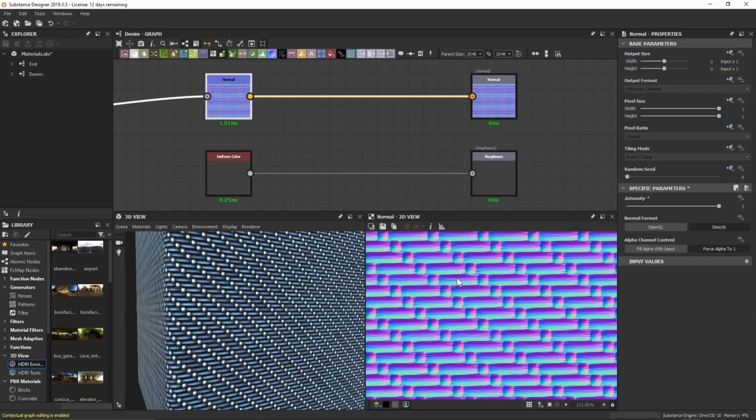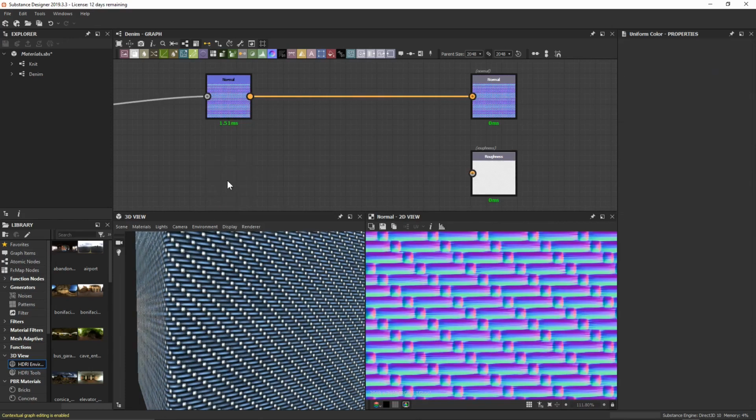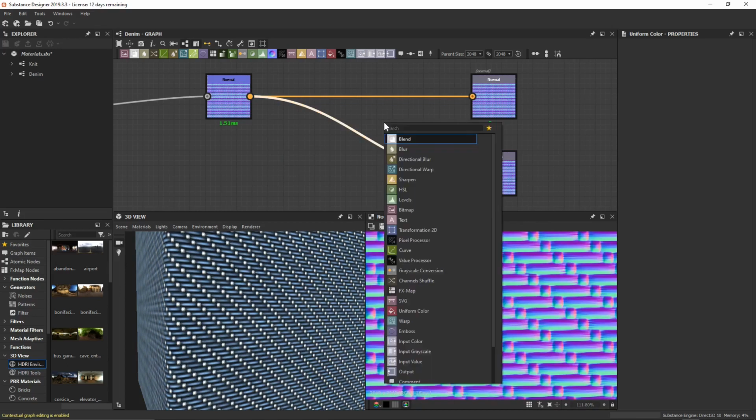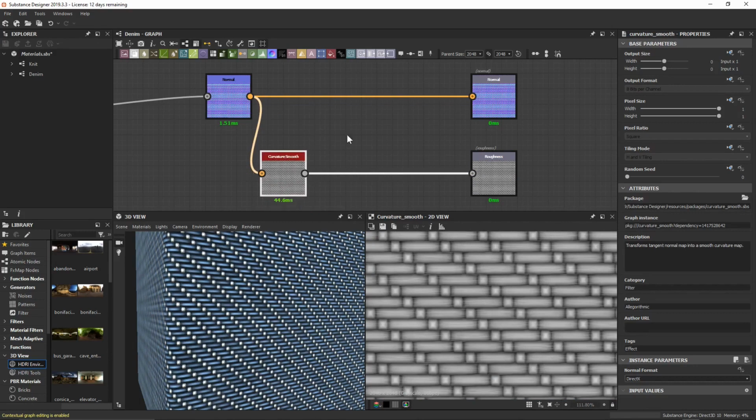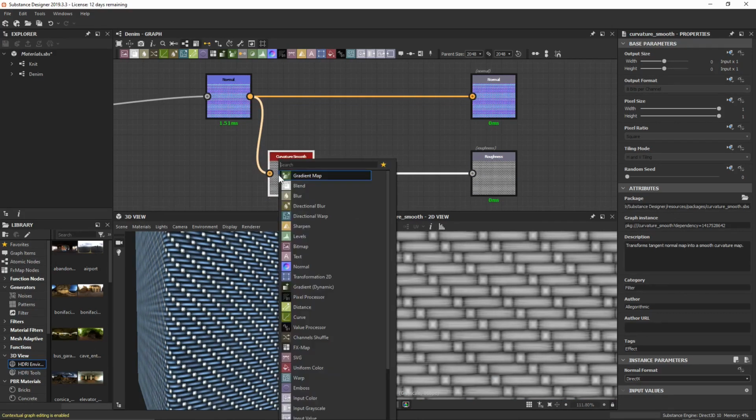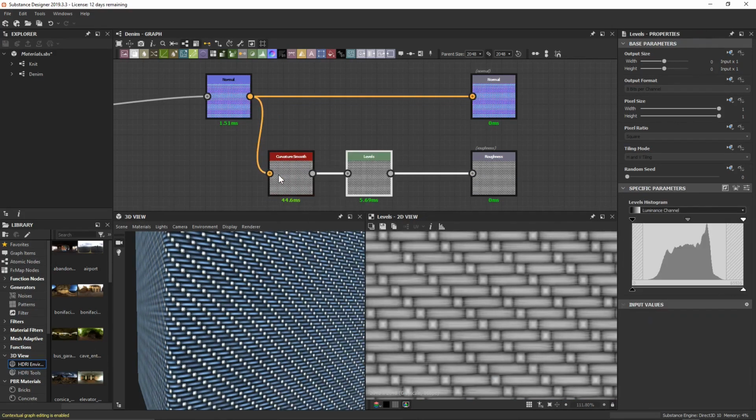However, the reason I do also want to give it a little bit more intensity is for our roughness here. So let's get rid of this uniform color and we can plug this in. But again, remember for our roughness, we're going to need a grayscale image. So again, let's use a curvature smooth, which is going to grayscaleify everything. And then we can use a levels node to correct it and make it how we want it to be. So I want to make sure that I bring up my black outputs here